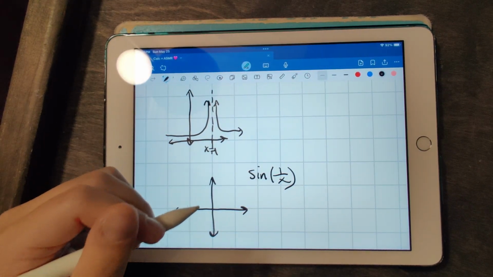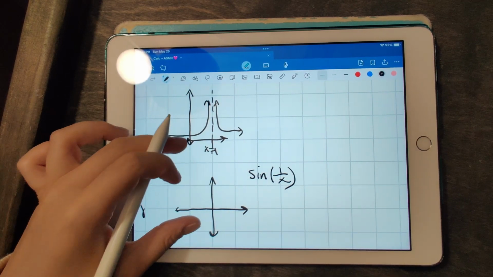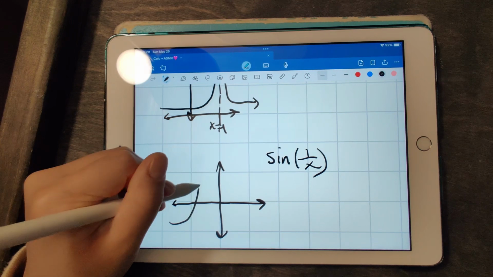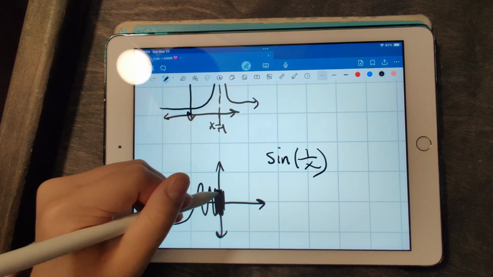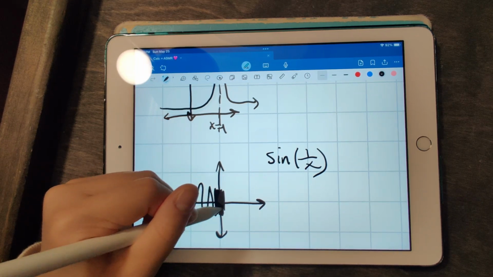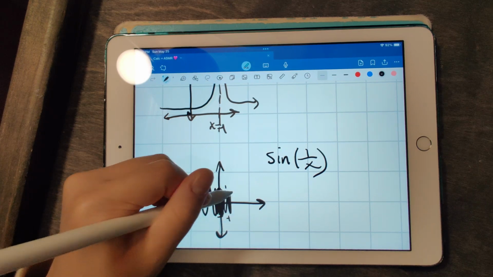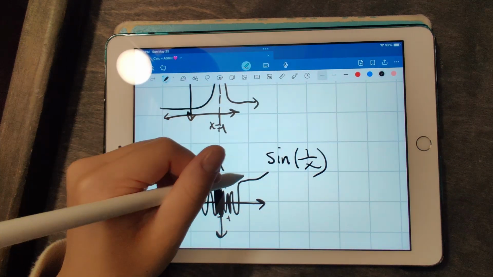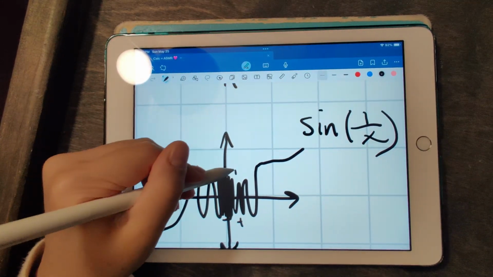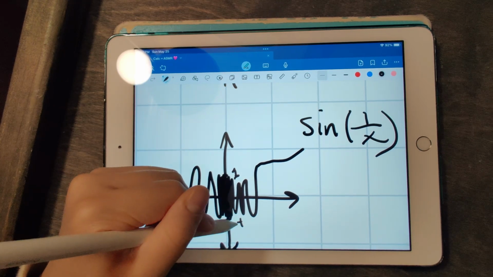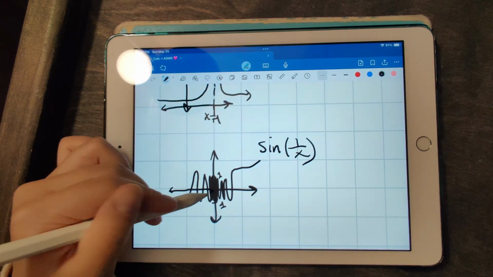What it looks like is something like this, and as you get closer to 0, the graph oscillates infinitely between 1 and -1. That's not a very accurate picture, but that is kind of what the graph looks like. And essentially what you can see here is the limit as x approaches 0 of